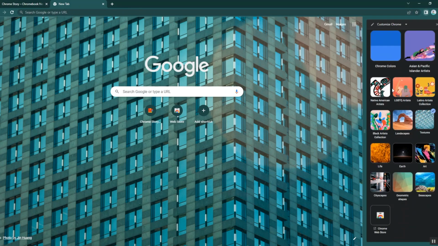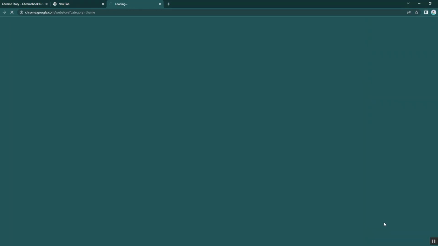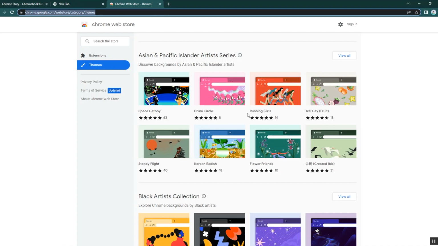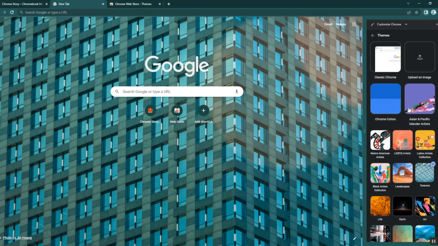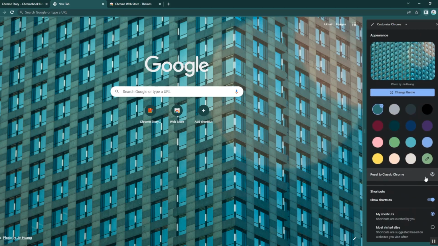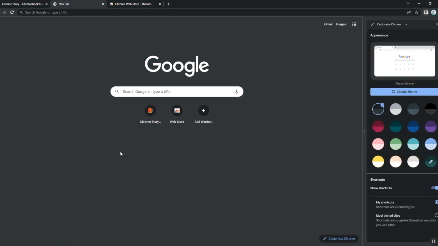Now, what if you want to install a custom theme? Scroll all the way down under this Chrome Web Store shortcut, which takes you to the themes category of the Web Store. So you can install a theme from here. So that's how you change the look and feel. And at any point, if you want to reset, just click Reset to classic Chrome and you're back to the